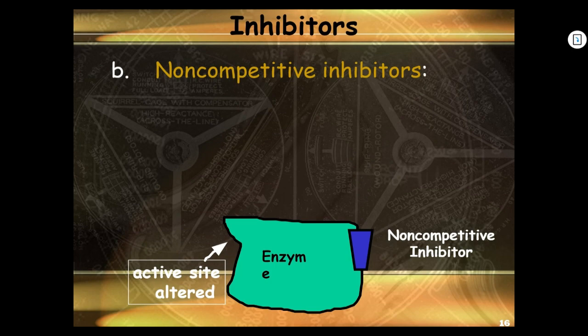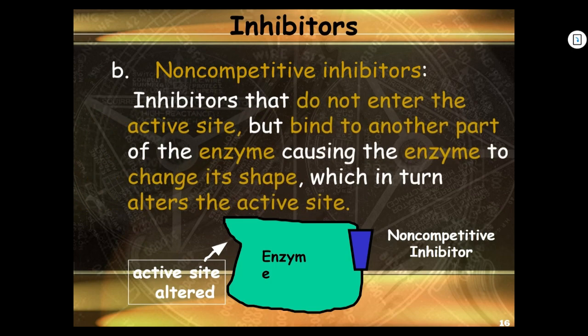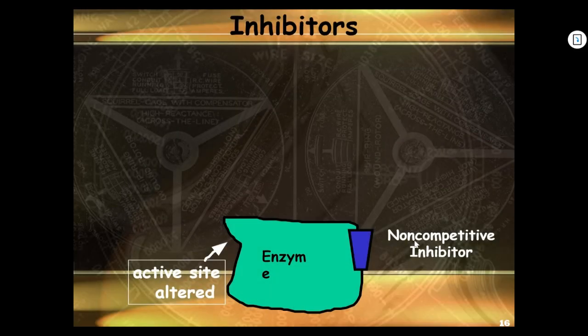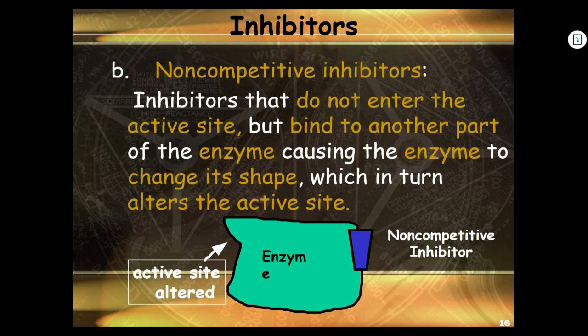So we have non-competitive inhibitors. And what these guys do right here is, you see right here, this is a non-competitive inhibitor. And so here you would have the active site normally open like this, right? So it's got that opening right there in the active site. But this non-competitive inhibitor comes and it attaches itself right here. And when it does this, it ends up affecting the active site. So now this active site is not open for business. It has been closed down so that nothing can come into that active site and no more products can be